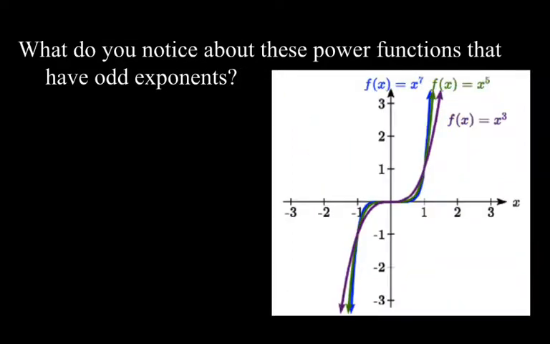Now notice the difference. What happens when we have an odd exponent? For an odd exponent, once again, we still have this 0, 0, and 1, 1. And then this time, they both have a negative 1, negative 1. Or not both. Yeah, I guess, no, there's 3 of them there. They're just close together. But again, what's most important for us is that we want to notice in an